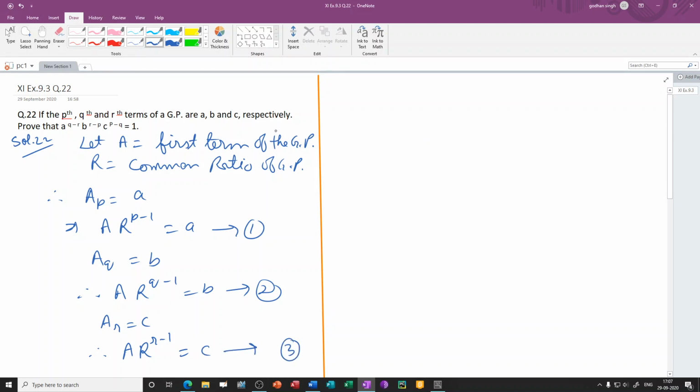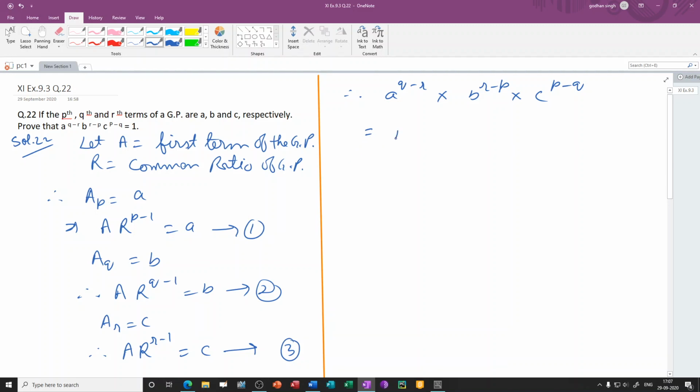Now what we have to prove is that a raised to q minus r, b raised to r minus p and c raised to p minus q is equal to 1. So let us solve the left hand side. Therefore a raised to q minus r into b raised to r minus p into c raised to p minus q, that is equal to, what is our a, small a, we'll put the